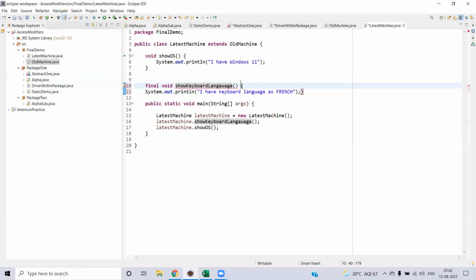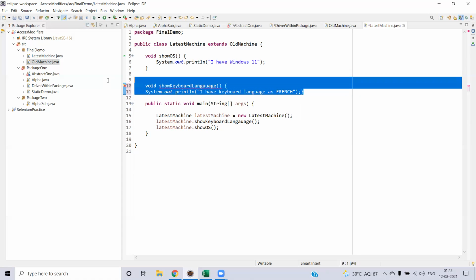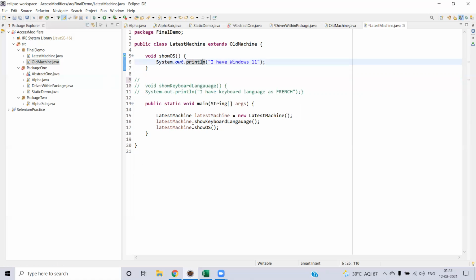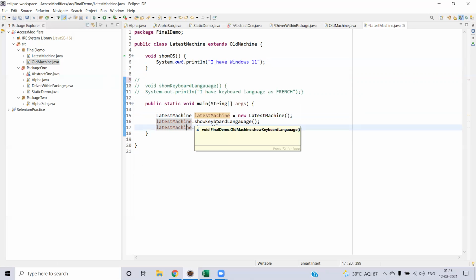Okay, I'm going too much into inheritance and overriding. We will see it in detail in the overriding session. But now we come to the conclusion that if you have the final keyword, you cannot override it in your child class. I will just comment it out here. If you create the instance of the child class and try to access latest machine dot show keyboard language, obviously since you have extended, it will be taken from the old machine.